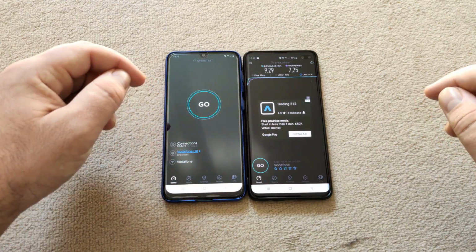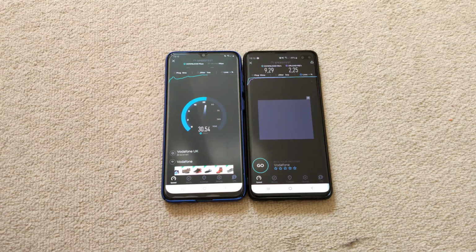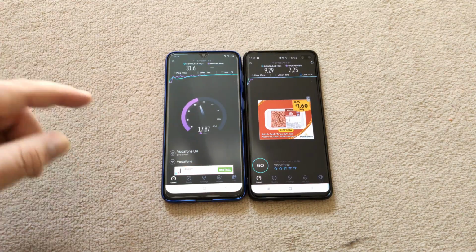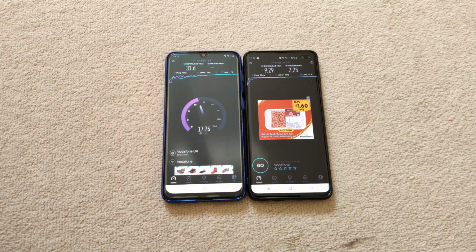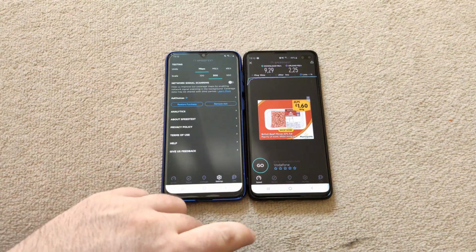Okay, so let's try now the A50 and go again. You're gonna see it's a bit slower than the Galaxy S10 Plus, because on this one it's switched on megabytes, and this one it's on megabits. And we're gonna change from the settings,